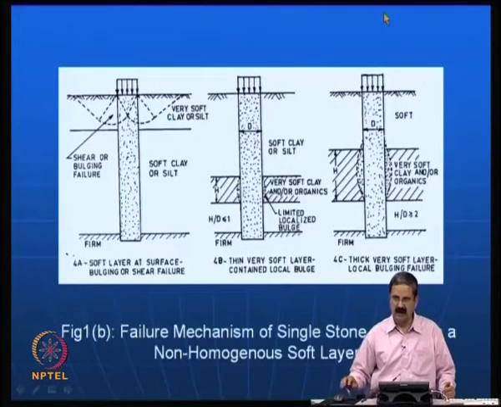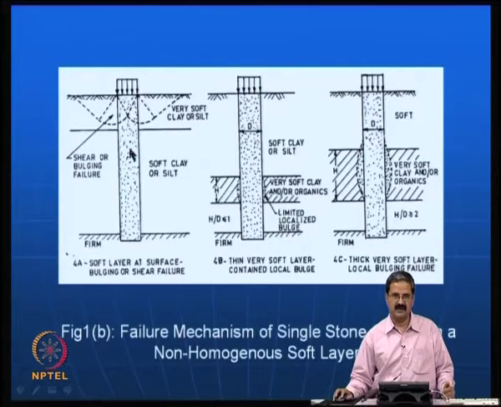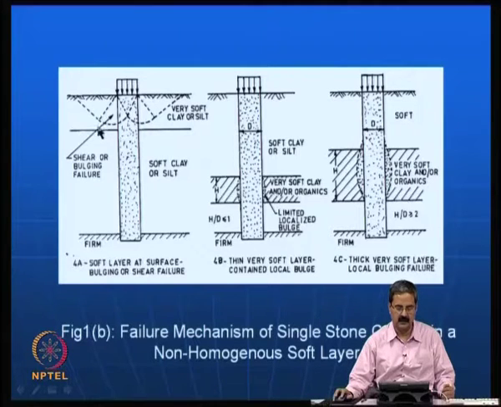In fact, IS code also highlights that if you have a soft soil and then you have a somewhat stiffer soil, the possibility is that the stone column may not be completely effective, and you may have just shear planes going like this, and if the shear resistance is not sufficient, then the bearing capacity failure is likely to occur. So possibly we should look at this point, maybe you should go for increased diameter here or something. It is very important to understand that these are some of the crucial issues.